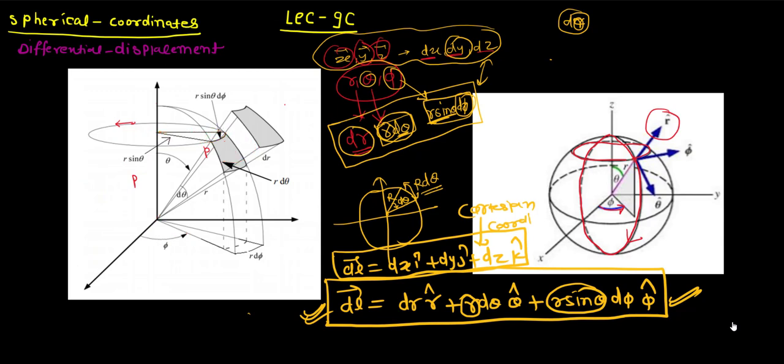Now let's first talk about the surface element. It is very simple. Once we have got the length of the element in each direction, we just have to multiply the length and the width in order to find the surface, and in order to find the volume of the volume element, we have to consider the length, width and the height.